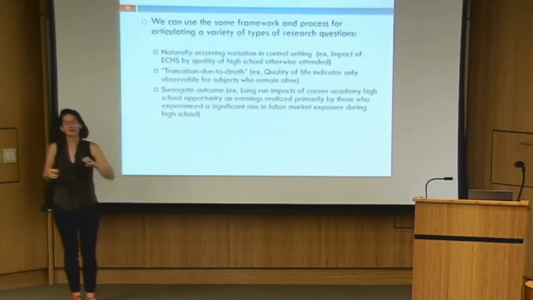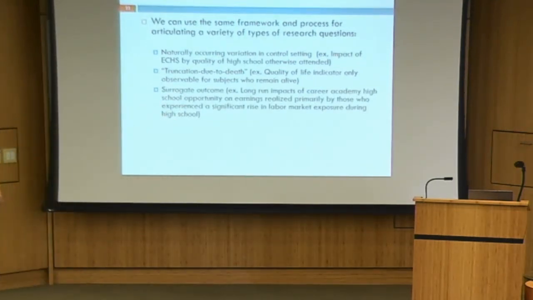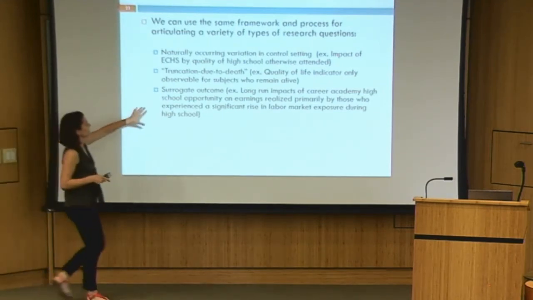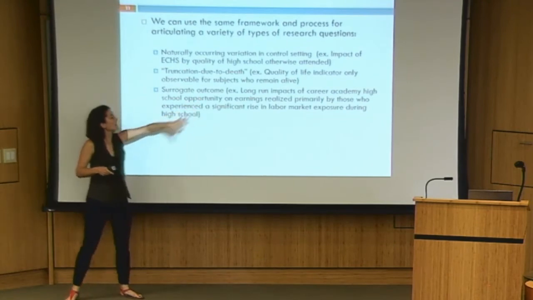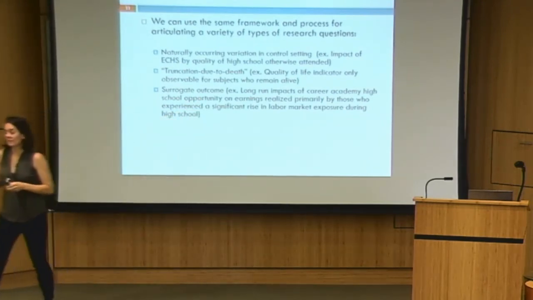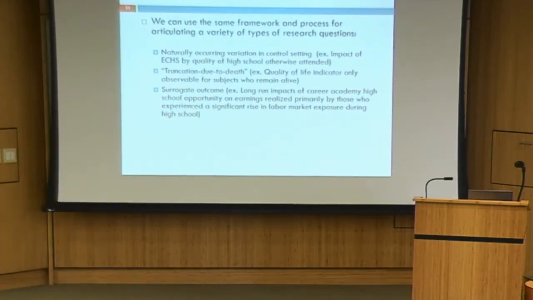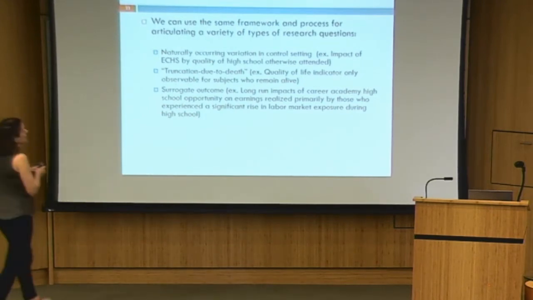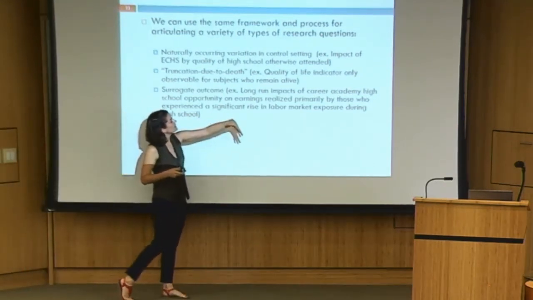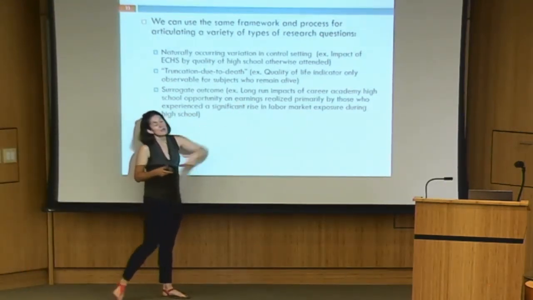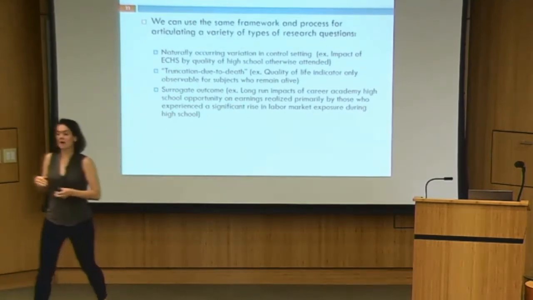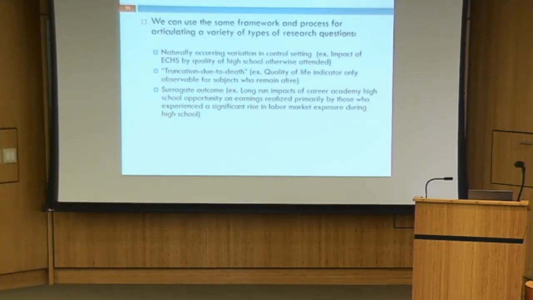Another one, and this gets closest to the idea of mediation, is the idea of a surrogate outcome. One of the interventions that was brought up the other day, I think Mike Weiss talked about it, is the MDRC study of career academy high schools. They had big effects on earnings after high school. What's interesting about this study, this was my dissertation, so I can talk about it,